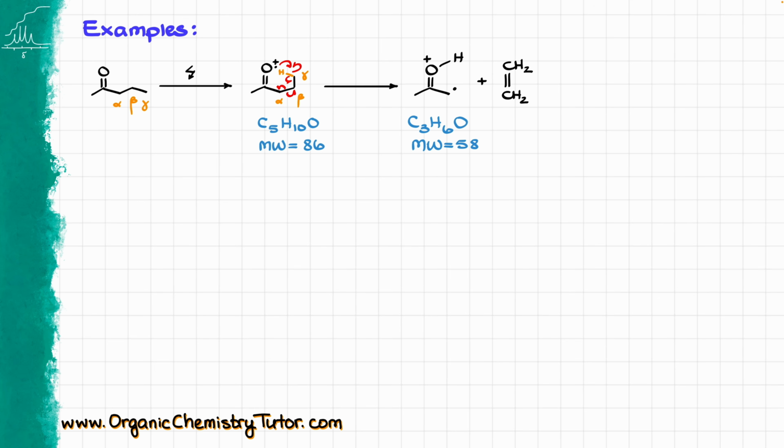Now, is this the only fragmentation that is reasonable for us to expect in this molecule? Well, of course not. As fragmentation in mass spectrometry goes, we're always going to be looking for the most stable carbocations that we can form. A couple of other possible fragmentations are between the carbonyl and the alpha position, and that fragmentation is going to give us the following carbocation, which is stabilized by resonance from the carbonyl,